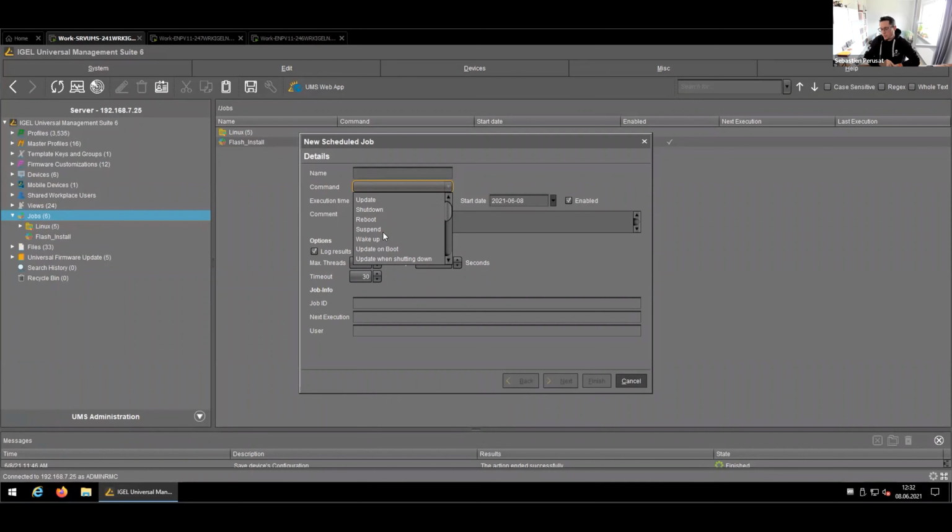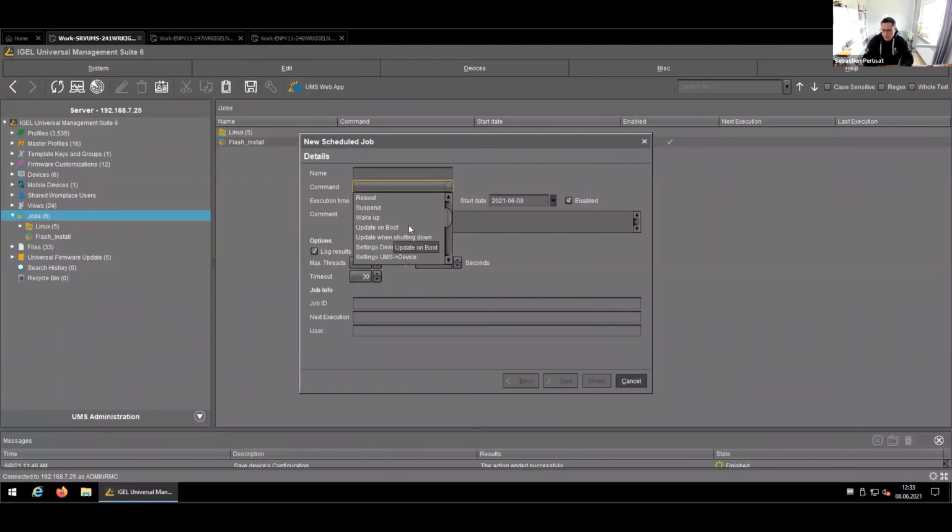But at the same time, if you think of an update process, you might have some devices inside of that folder which belong to, I know it's a little bit exaggerated, your CTO or CMO, and you don't want to push out the update because you know he has an extremely important meeting that day, and you don't want him to get an update push just before he's leaving his office. That's the reason why we have some additional filters for the commands we're sending out. So depending on what we want to do, like update, shutdown, reboot, whatever you like, you can, and I will cover this in the video a little bit later on,